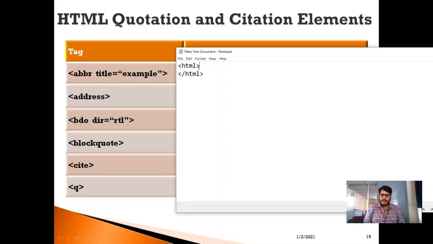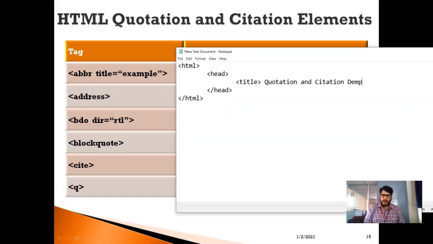So this is the closing tag, and in between we need to write a head tag, and we need to close this head tag. In between the head tag, we need to write a title tag, and within this, I'm going to specify the title of the document. In this case, I'm going to specify quotation and citation demo.